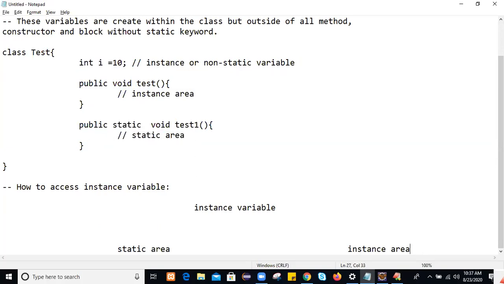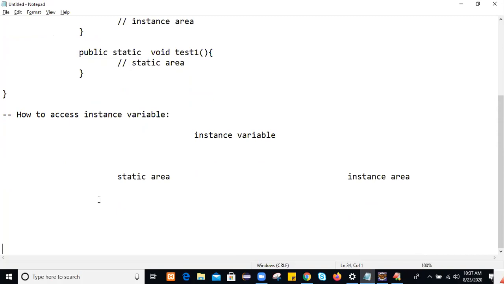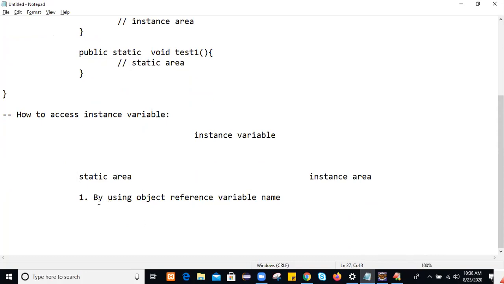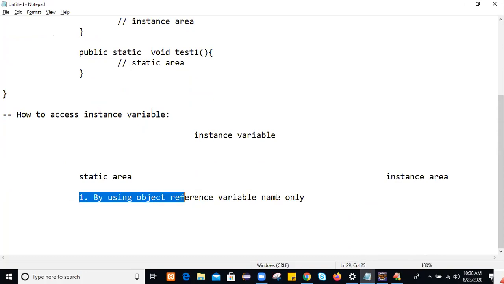To access the instance variable in the static area, it is mandatory to create an object. We access the instance variable in the static area only by using the object reference variable name. We can't use the variable name directly or the class name.